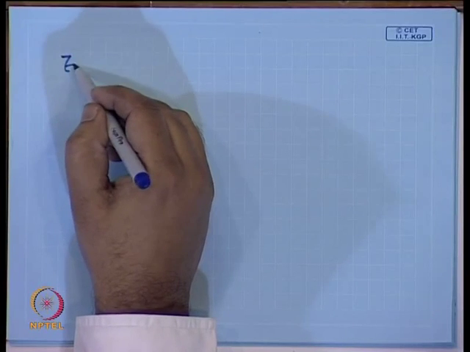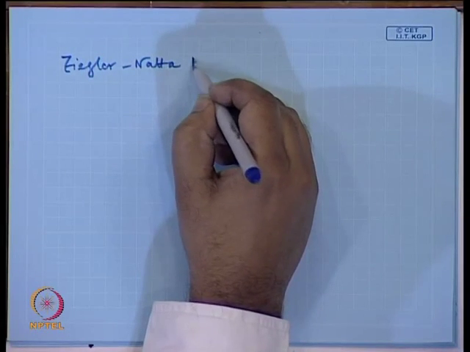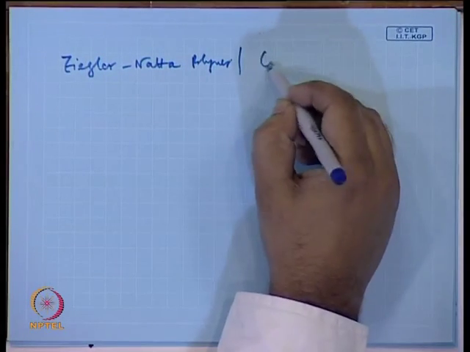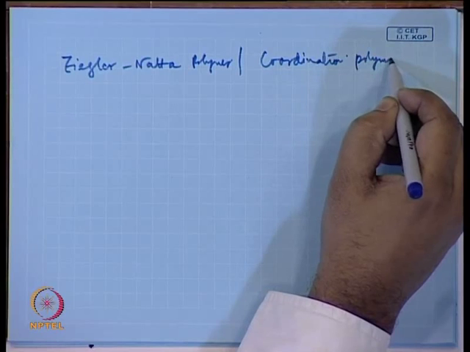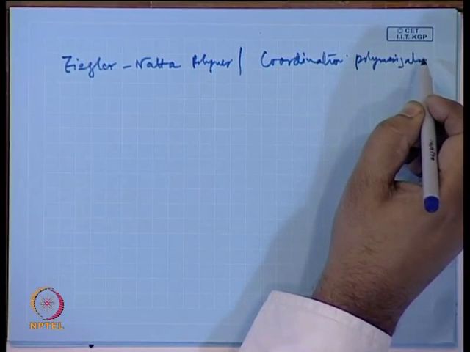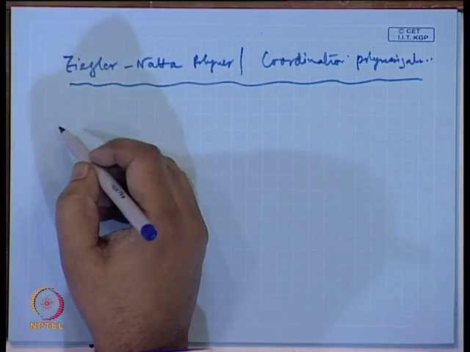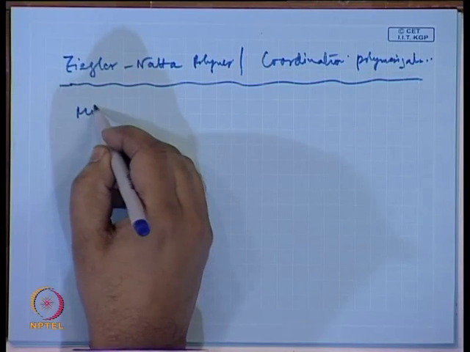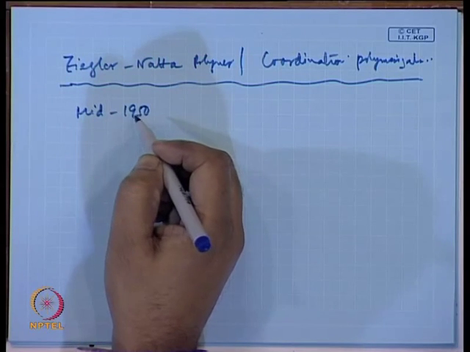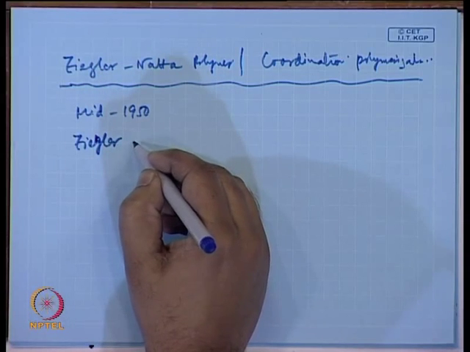Now, what we will do, we will move to the next topic of Ziegler-Natta polymerization, or coordination polymerization. Now, it was first started around the mid 1950s, where Ziegler, a scientist in Germany,